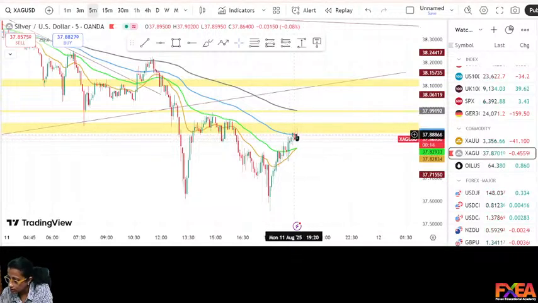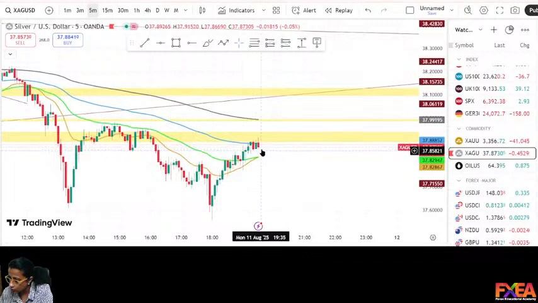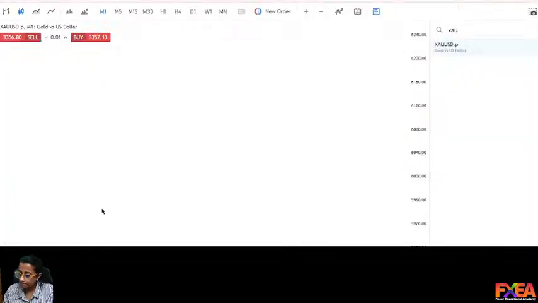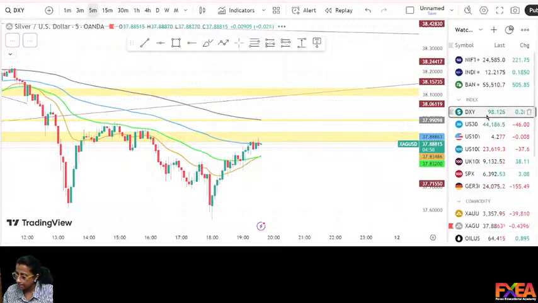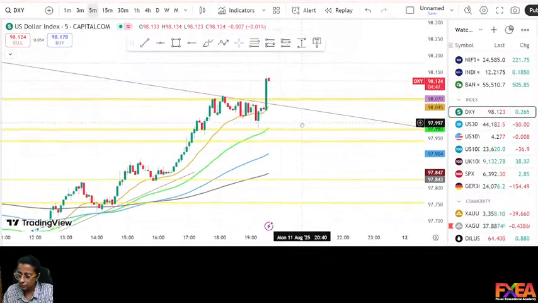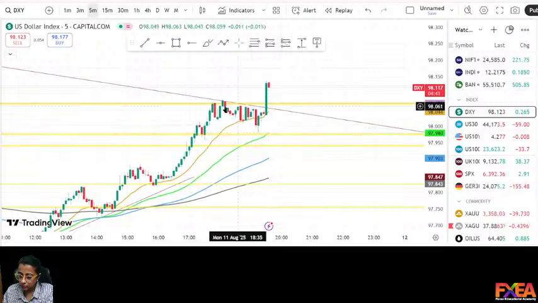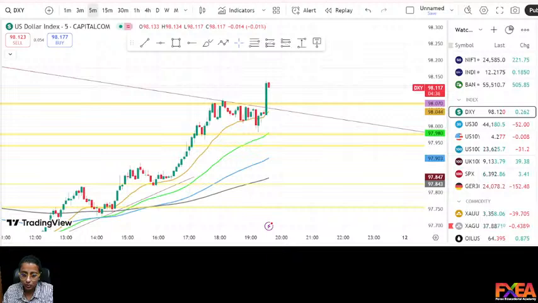At this zone, it is showing some small time correction just below this zone. If silver is also moving down, crossing this lower level, then we can have a good move in gold, okay. So I have just taken a 1 micro lot trade in gold, right now. See, if you notice, DXY has flown up, so that is one reason. It was playing near this trend line, it just flew up. That is one reason I had taken this gold downward trade.